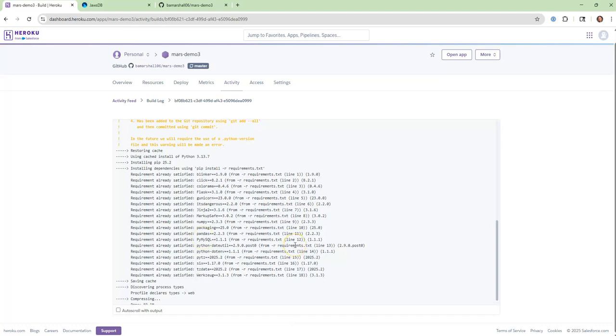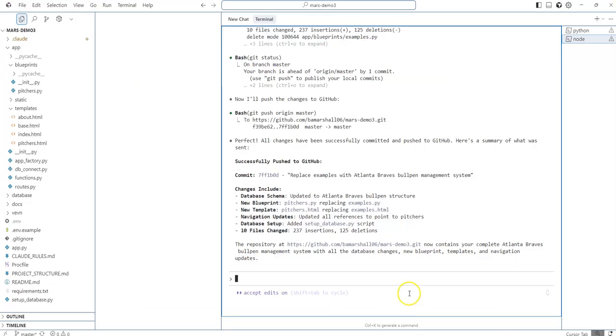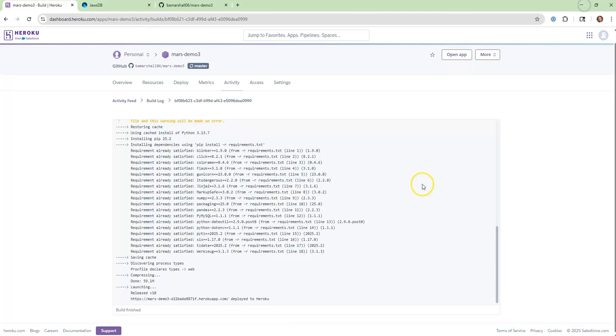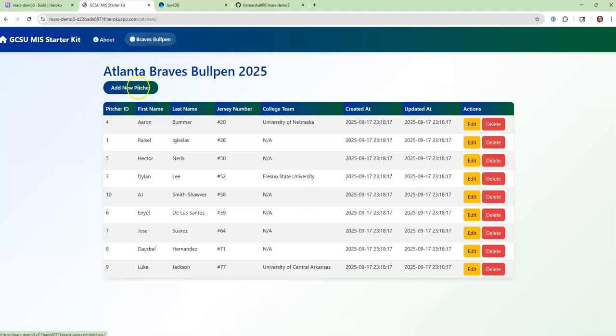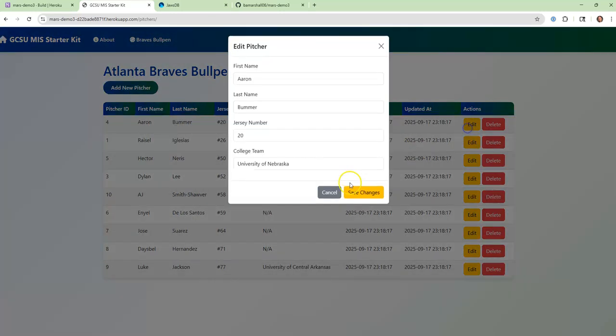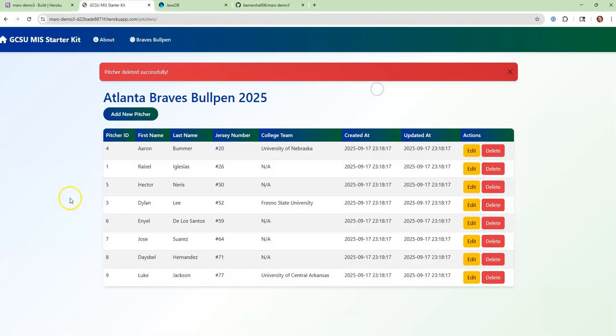And since we built it earlier, it's going to go faster this time. So since we built it earlier, all these were already pre-done. They were already satisfied, so it was kind of easy. And we can just see it's almost done. Go back over here to Kurt. Yep, everything's done here. And build is finished, so I'm going to click Open App. And I'm just double checking that it works. I come over here, add the picture, edit, and notice I have only 9. I'm going to delete number 10. And 10 is no longer there. Okay, so that is all you have to do for demo number